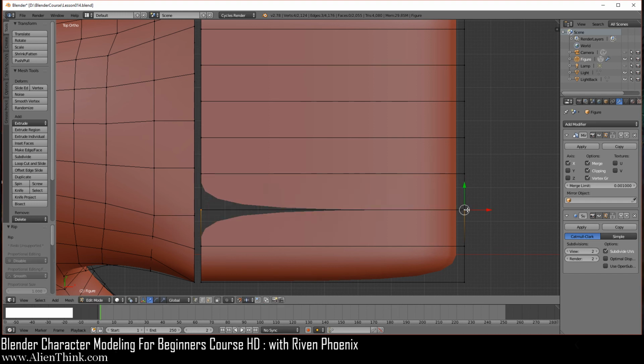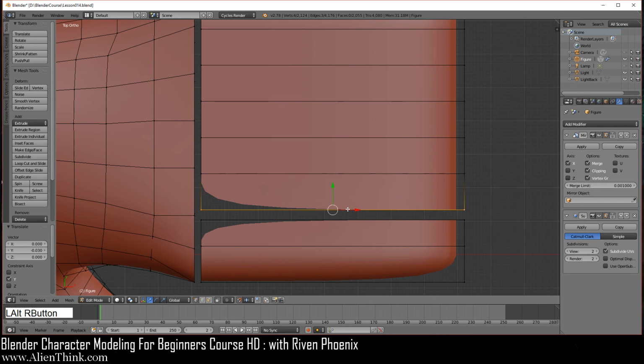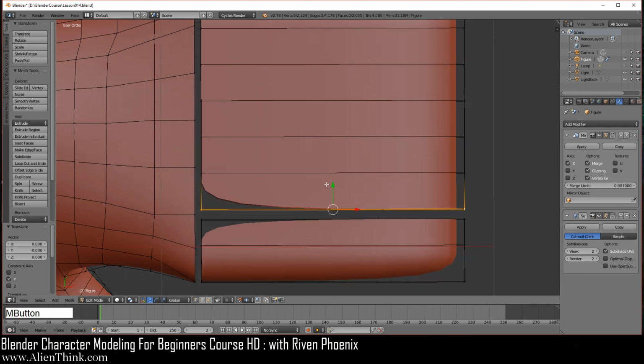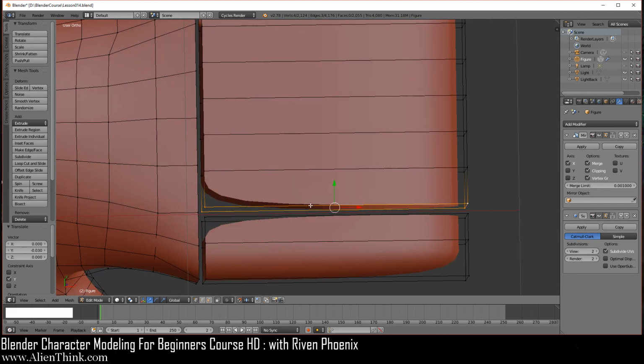Now notice that we have the active element set, so let's go ahead over here and switch this back to median point. We're going to bring this down in the smaller grid units. I'm going to bring it 1, 2, and then 3 over here. Going to do the same thing, Alt and right click this. Now I'm just going to show you, I'm going to do the middle mouse button. Notice that when you do Alt and right click this a second time, it'll select more edges, right? If you do it again, it'll just select this. So just know that you can do that, okay?